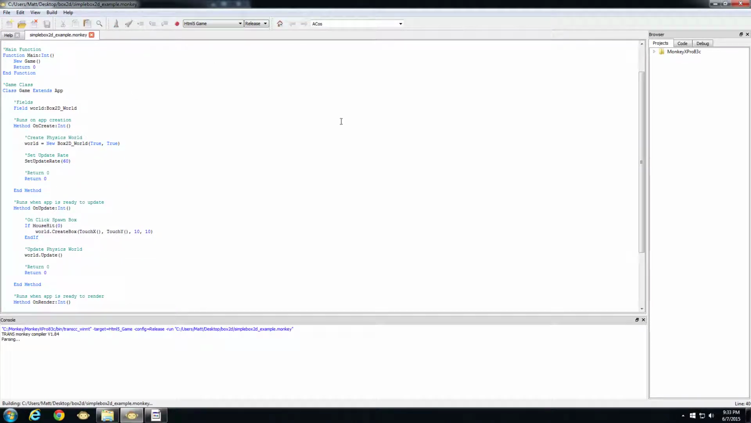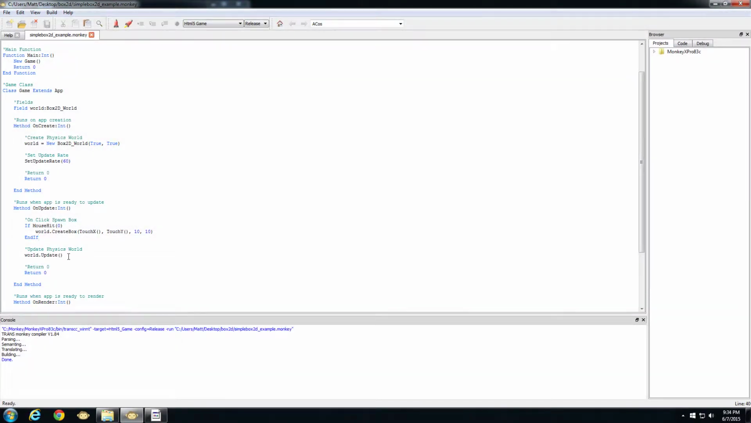So as you can see, when we click, our boxes are spawned. That's super easy. If you click off the screen, that's just a monkey thing. It pauses the game, but you can change that if you want to. But anyway,